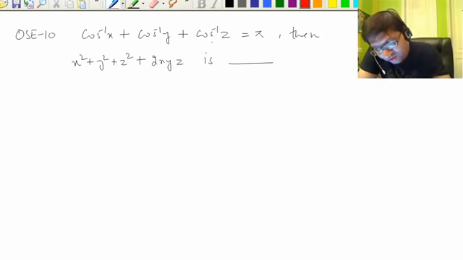Now cos inverse x plus cos inverse y plus cos inverse z equals to pi. Then we have to find the simplified value of this. Very easy question. How is it easy? See,